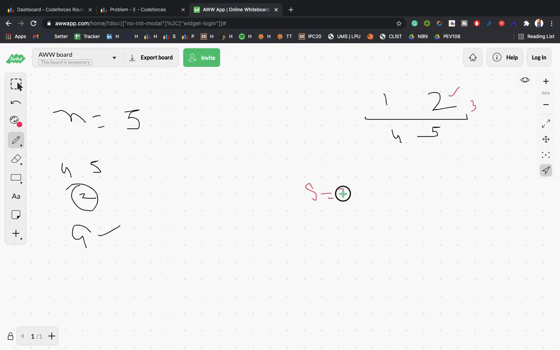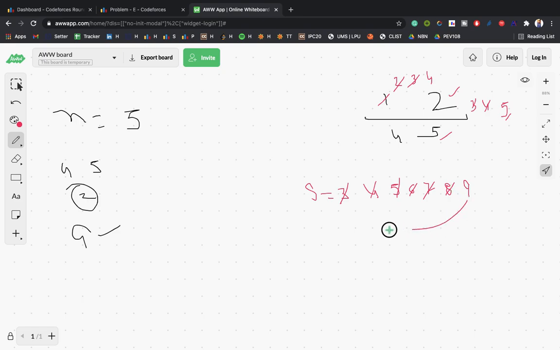Till now I have sum as 3, so I will increase 2 by 3 and then by 4, then by 5, then the sum will increase by 6, and now I will stop because the number can't be more than 5, so I will start incrementing this number. I will increase by 2 and the sum will increase by 7. I will increment this number to 3 and the sum will increment to 8. I will increment this number, the sum will become 9.